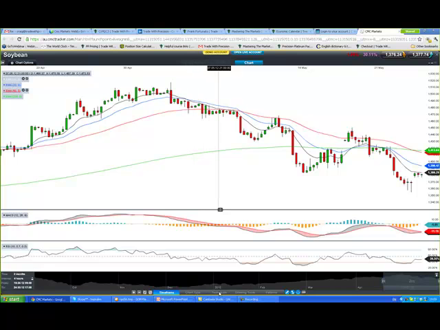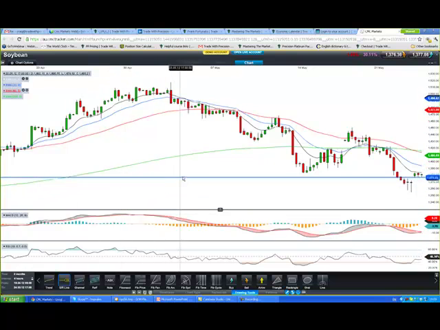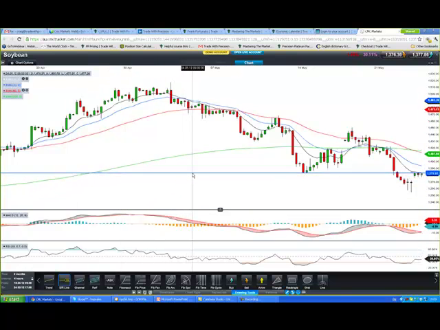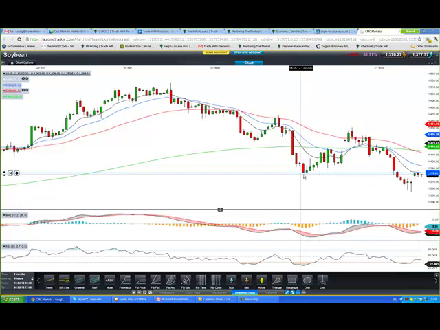So we're going to go over here to technicals. Sorry, we're going to go over here to drawing tools. Now what we want to do is draw a support and resistance line. So I'm just going to click on that. Well, I'm just going to draw it through here because this is where we're rejecting this level, here with this little red candle. And you can see right now that's perfectly lined up with the old low.